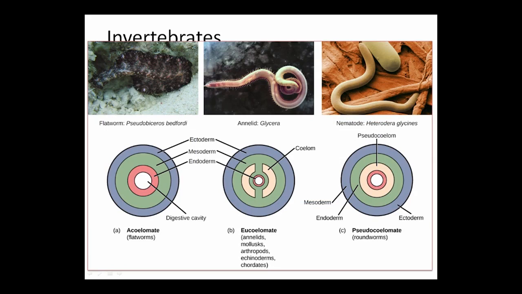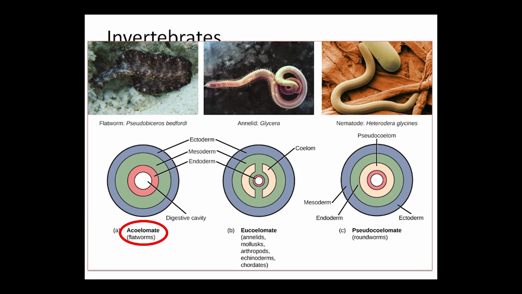So let's look at what we consider a coelom. Well, once again, here's your flatworms. Everything kind of sort of happens with invertebrates in the worms. With flatworms, we have our three types of tissues. We have bilateral symmetry, but we do not have a true coelom. Notice you have ectoderm right on top of mesoderm, right on top of endoderm with the acoelomate. Okay, the digestive cavity, where their food goes to be digested, is the only cavity that they have. Everything else surrounding them is a mass of cells.